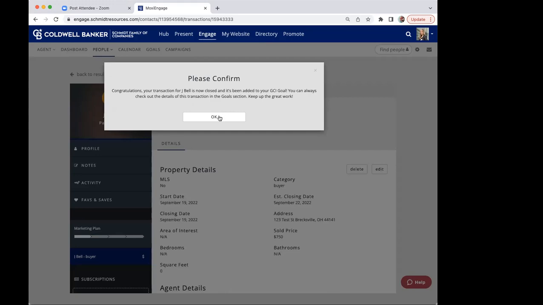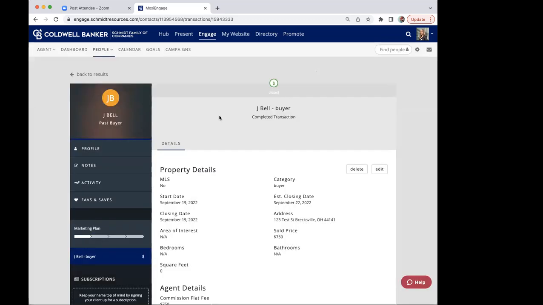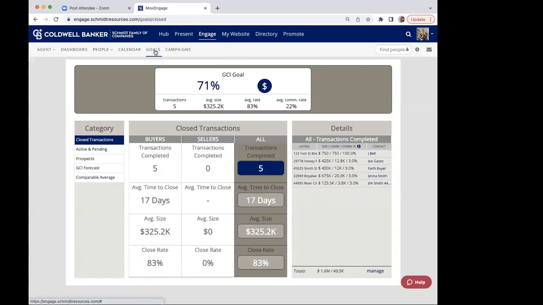Okay. By the way, you can always take them back out. You can always delete a transaction if something happens to go wrong at the last minute, but it allows you to get it in there when you need be. Okay. So now that it's closed, I'm now going to go to goals. We're almost done. See how my percentage went up? That's done. And I actually have in my closed transactions on the left-hand side, I have my new transaction that